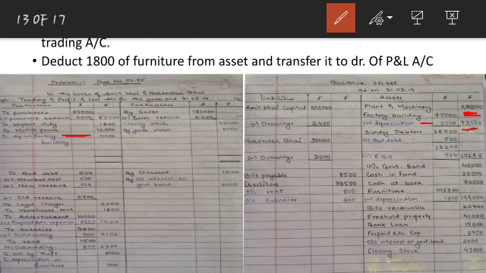Again, one more thing was depreciated, that is furniture. Furniture we again wrote on the asset side only. Here we left a place for it. Depreciate 1,800, so minus 1,800, get the amount outside. Take the second effect of this 1,800 to the debit side of the profit and loss account, to depreciation on furniture, 1,800 rupees.